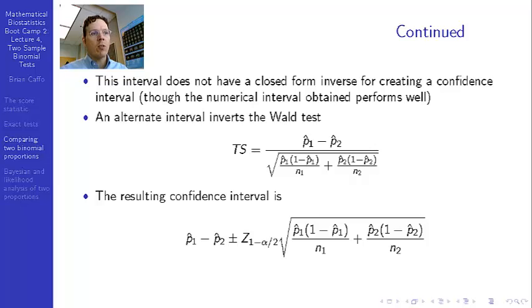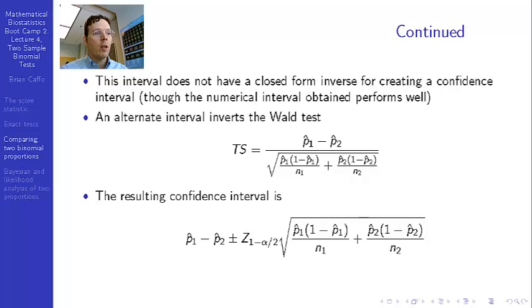Here in this test statistic, if we were to have a different null, where P1 minus P2 wasn't just equal to 0 but some other value, we would add that in the numerator and the denominator wouldn't change, whereas in our score test there's no immediate way to adapt the denominator, and that's why you have to use some programming to get the confidence interval from that one. But this one, the Wald test, we can invert very easily, and we get an interval